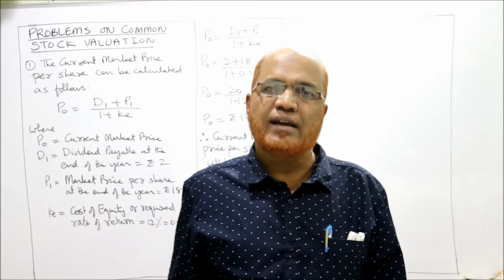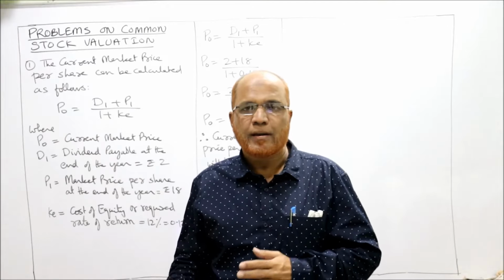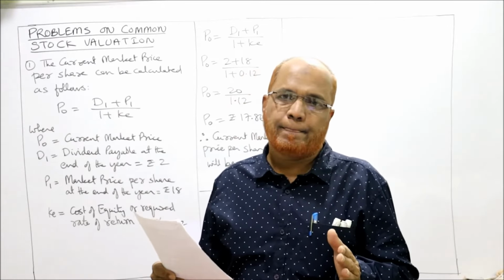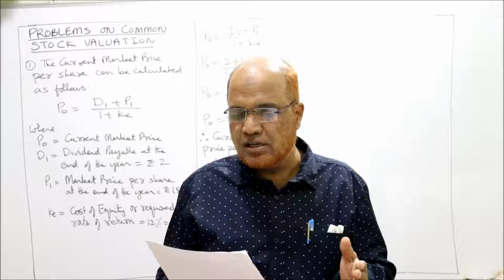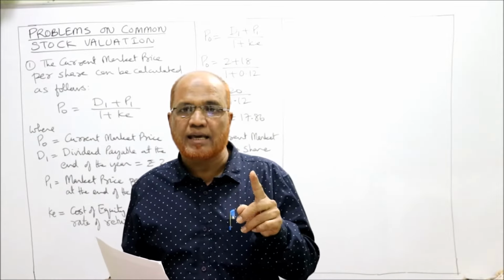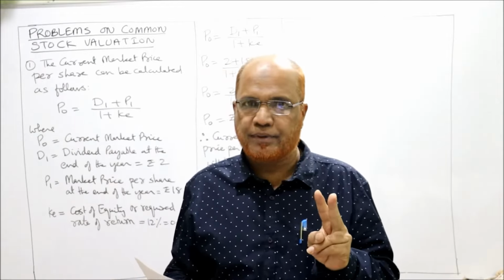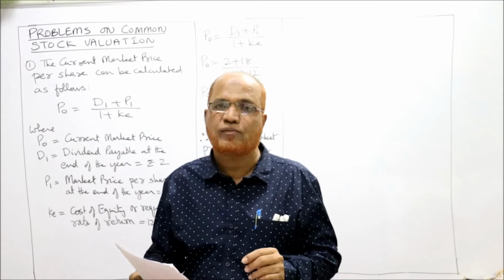So we are concerned with finding out the intrinsic value of the share at present. तो शेयर का वर्थ क्या है, शेयर का वैल्यू एट प्रेजेंट क्या होगा? So what is given in the problem is the expected dividend at the end of the year. 1 साल के बाद expected dividend 2 रुपये, और 1 साल के बाद मार्केट में जब बेचेंगे तो we will fetch a price of 18